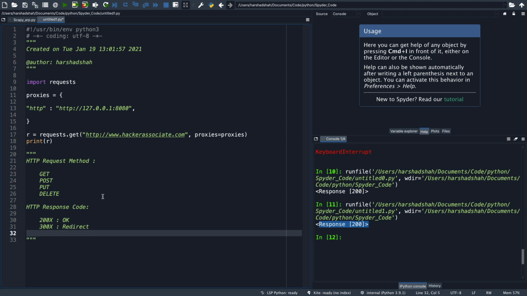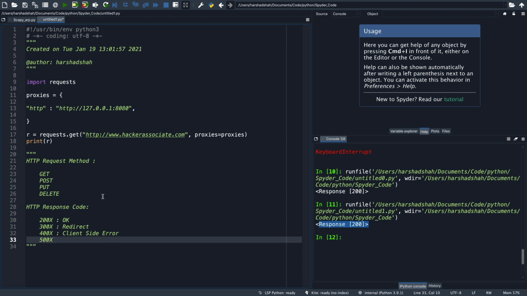This part we have already covered in our web application pen testing class. 400x is nothing but client side error, and the last, I think you already know what I'm going to write here, is 500x, which is nothing but server side error. So this is the response code and this is the request method.